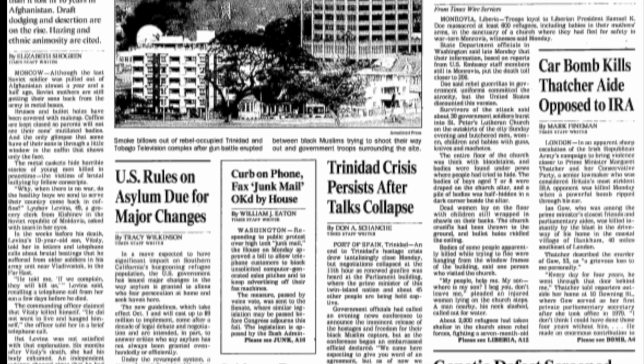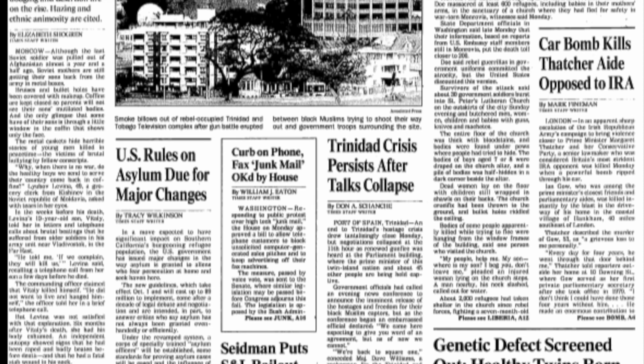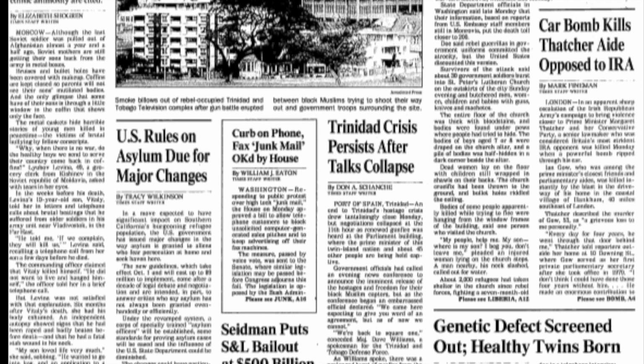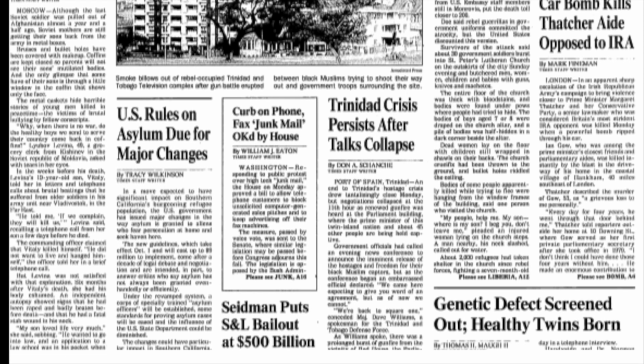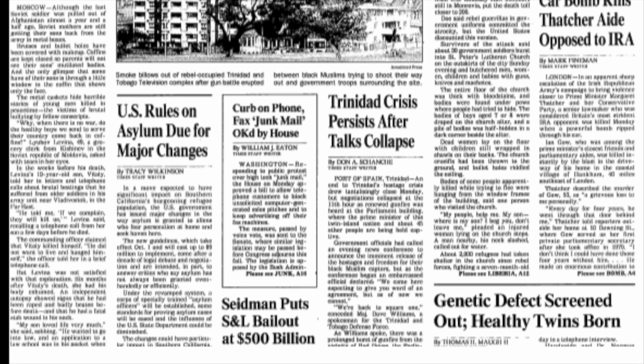Here we see a start of the term, if it bleeds, it leads, with all of the stories being tragedies in their own light. It is interesting to me how the newspaper will highlight international crises, but not international advances.